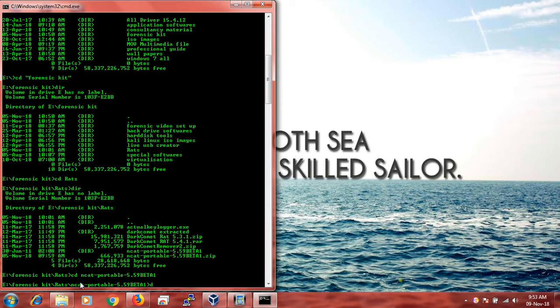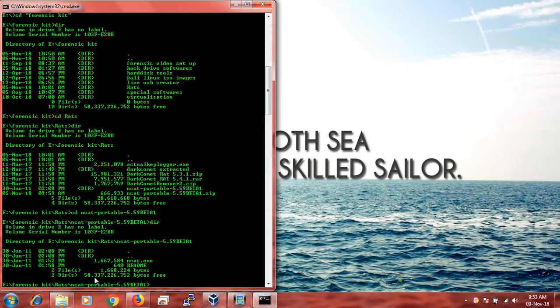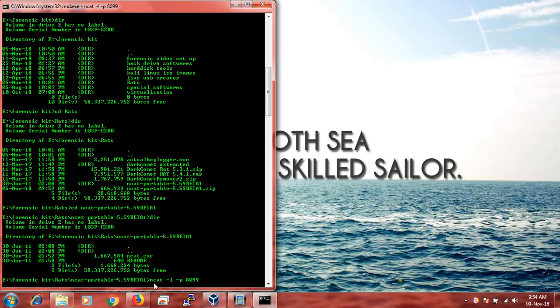Now to start it, I just have to type the command which I require. First let's check what is in there. I have the file ncat.exe and a readme file. Doesn't matter, it will still work from here. So I can type the command and start my ncat shell. Let's type ncat -l -p 8099 and hit enter. This command will start my ncat server, which is my Windows machine today,